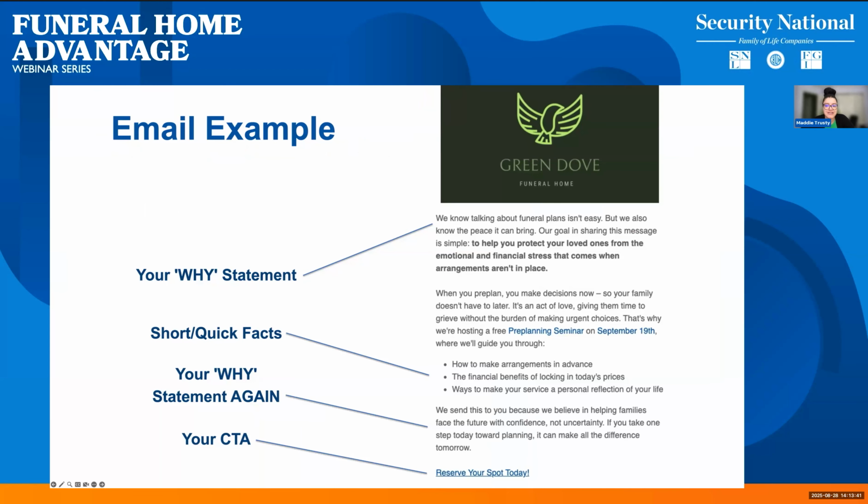To sum up this section, here's an example of a seminar invite email. You can see our clear why statement here. Funeral planning isn't easy, but it can bring peace of mind. In this seminar email, you want to let the reader know that they aren't alone in this feeling or process. It's difficult to think about death and even more so to think about your own, but we have seen firsthand that it brings peace of mind to others and their families.